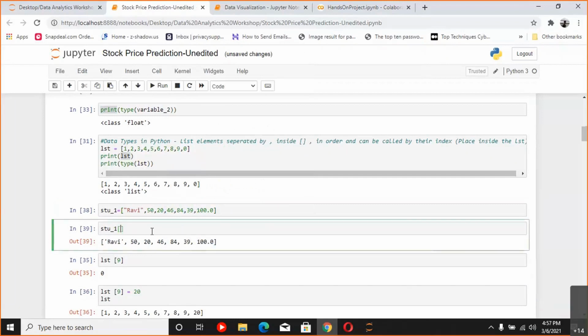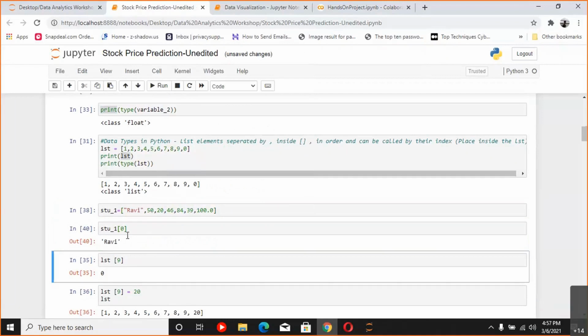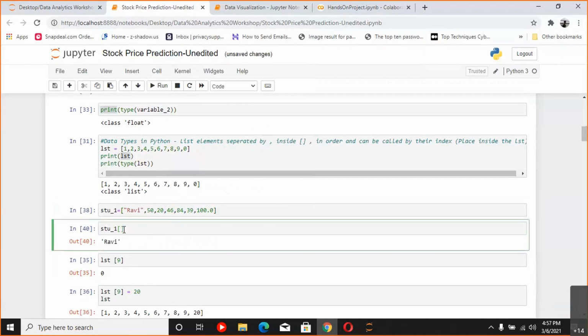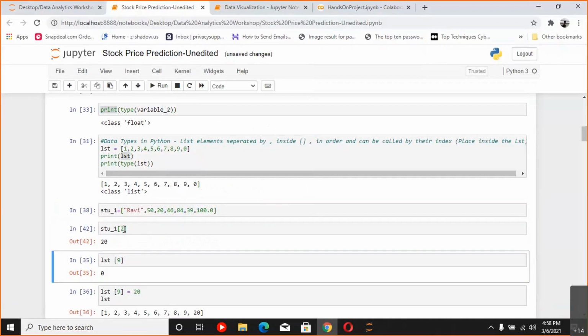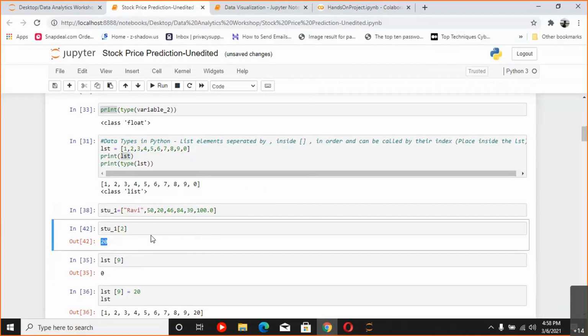If I access stu_1 at index 0, it returns the name of the student. If I access index 6, it returns the maximum marks of the student. And if I access anything in between, it returns the marks in that subject. So this is how a list can be used. But you will have to remember indexes and many things. So if you want better management of data, a list is not the ideal thing for storing marks, because you can't remember at what index the marks are stored, right? That was just an example.